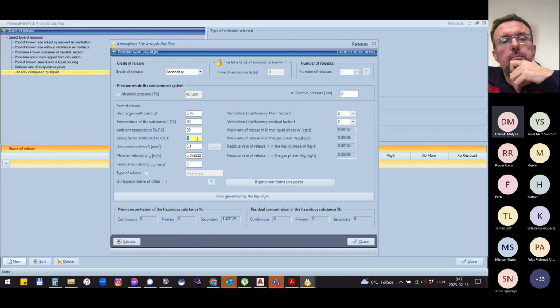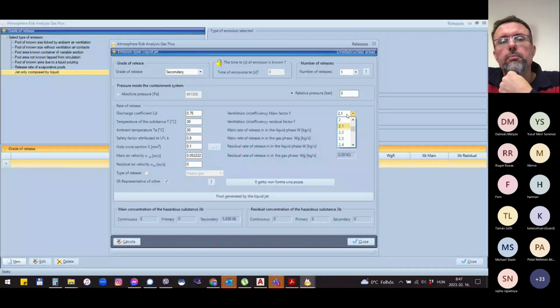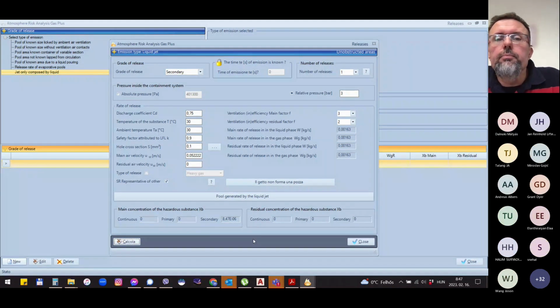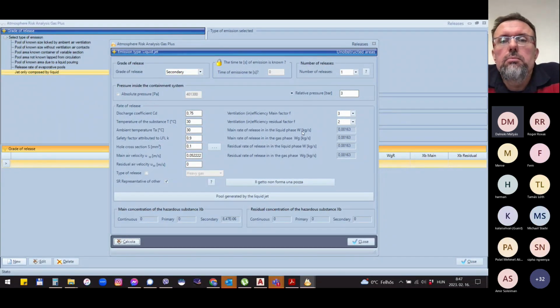Let's change it to 0.9. Okay, main air ventilation came from the environment. Efficiency would be 3 now, as before. And change the number of releases. Yeah. No, in this case now, because the